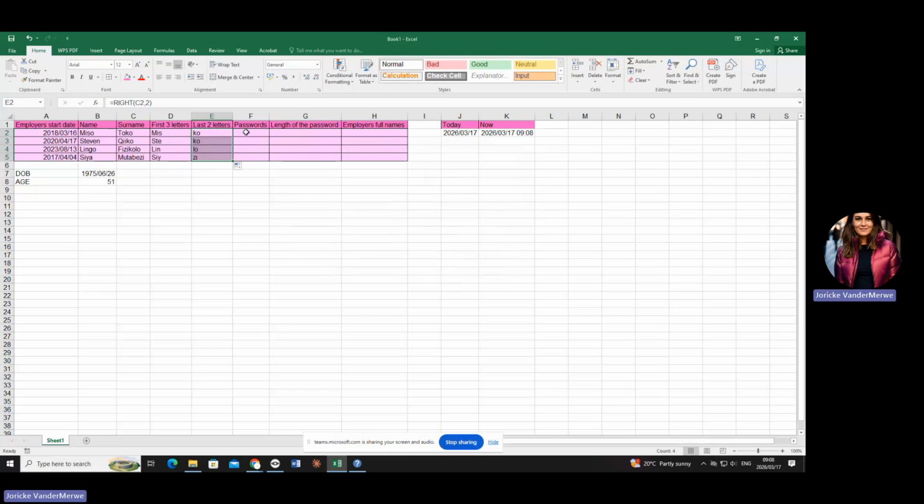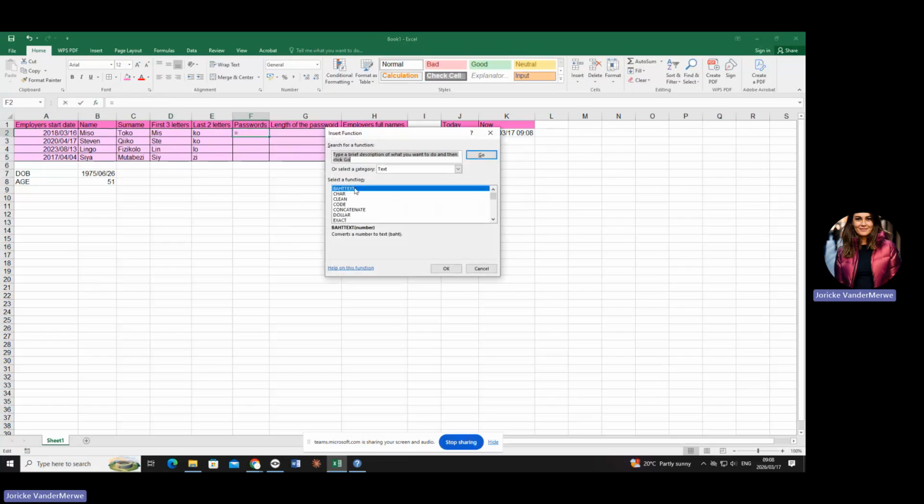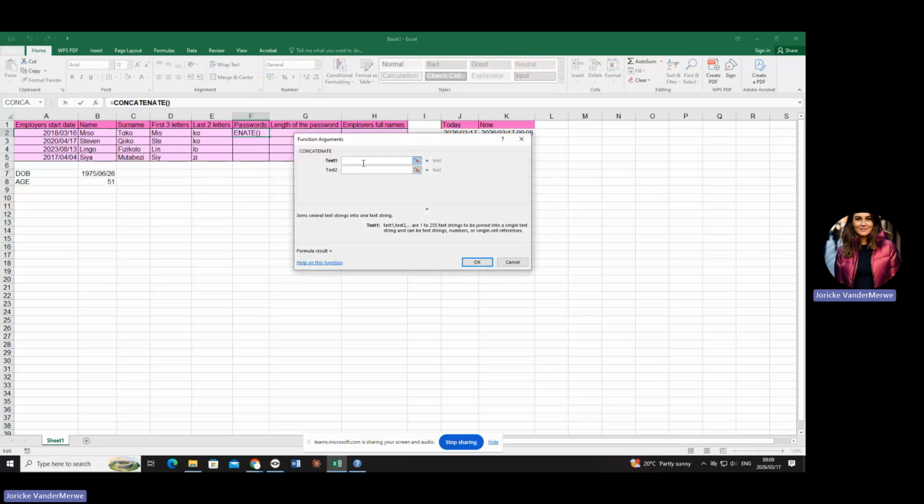Okay. The password I want to create needs to take the first name and the last name together, and in between I want an @ sign. Are you with me? Okay, so let's try that. How am I going to get that together with an @ sign together with that? We call it concatenate. Okay, it's also a text function. If you don't know how to spell it, go to text, say okay, and start.